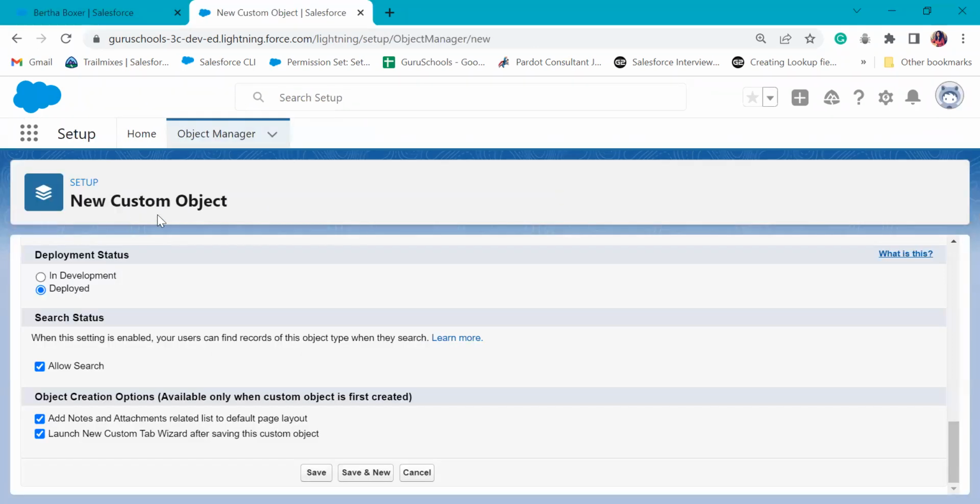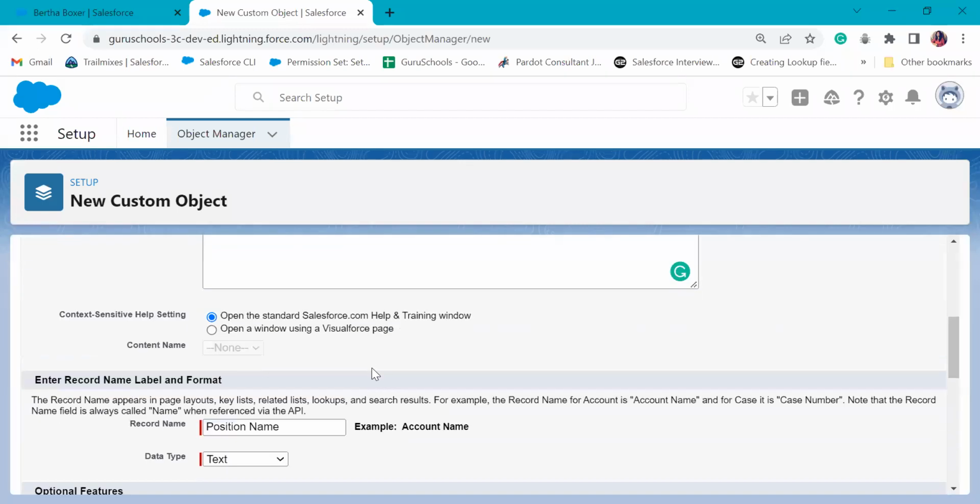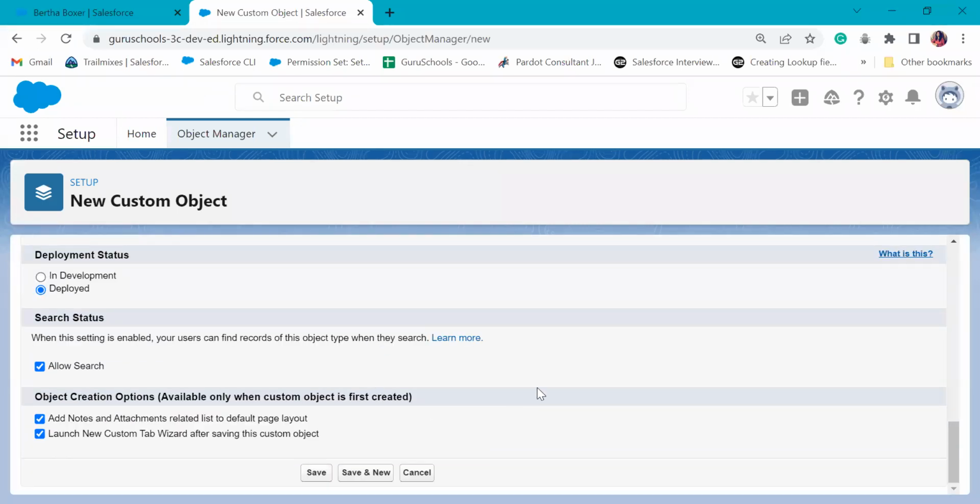Sometimes admins create a custom object and forget to create tabs. Let's say they have created some applications, and in that application they want to add the tab for that particular custom object, but they won't be able to find it because the tab is not yet created in the system. So you can either create it from here, or